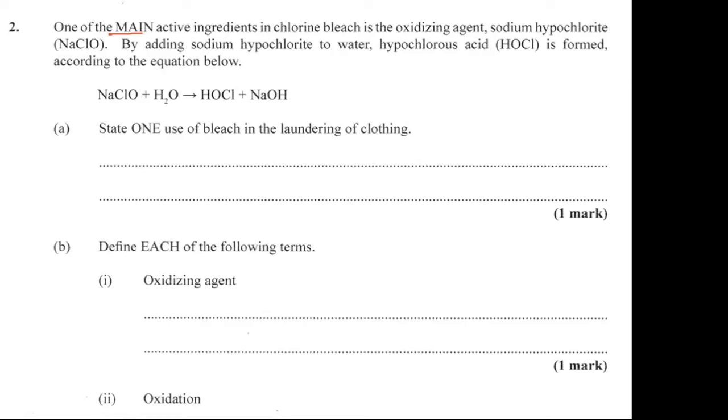Now state one use of bleach in the laundering of clothes. We cannot put back "bleach is used to launder clothes." No, we cannot do that. So we could state, I don't want to call it the obvious, bleach is used to remove stains. Another thing that we actually use bleach to do is to brighten. We could say we use it to brighten colors, or we use it to whiten,